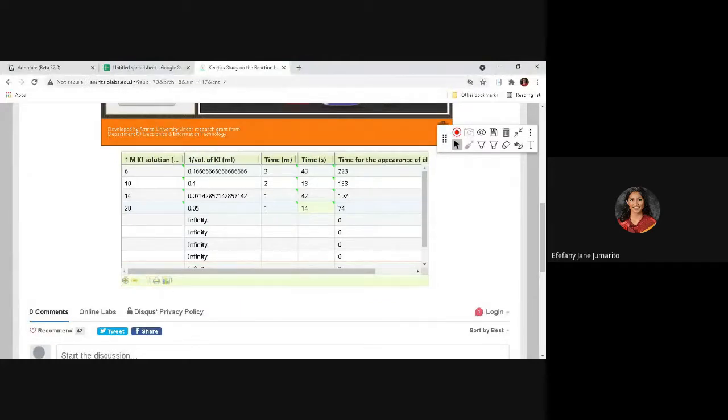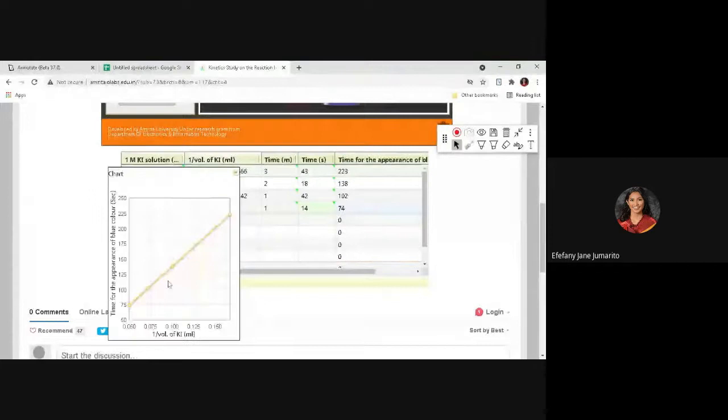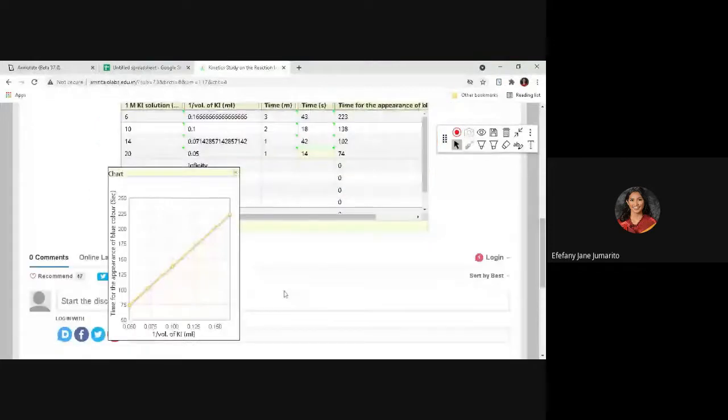Yes, ma'am. Okay, the chart. Okay, here is your chart. We have the x-axis, which is 1 over the volume of your KI, and then for the y-axis, we have the time for the appearance of blue color in seconds. As you can see, it's a linear, it's a line. Okay, so come on, explain further in